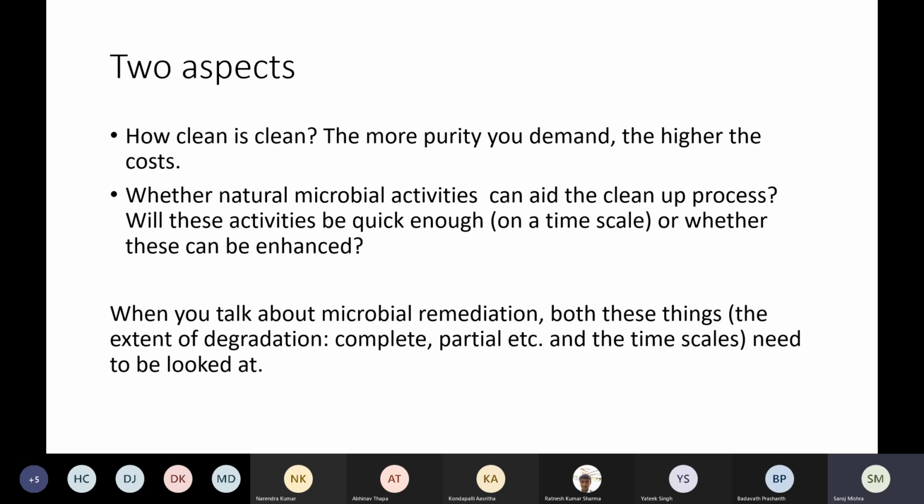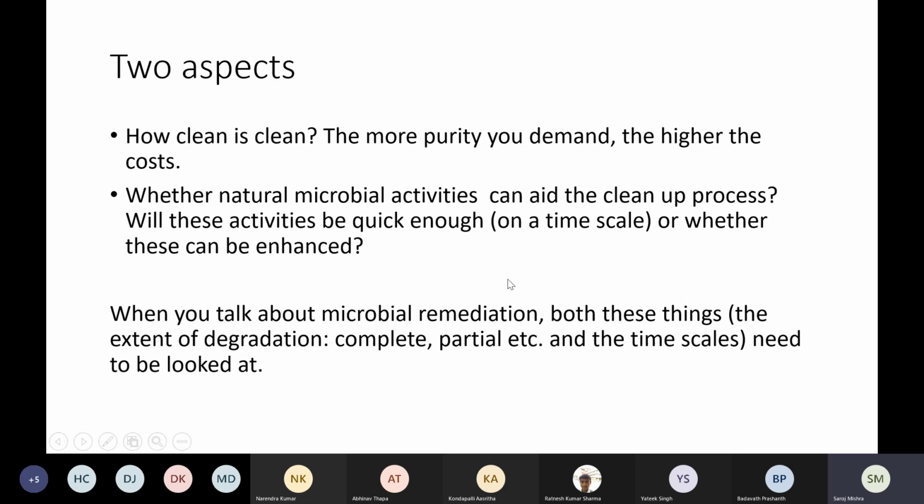So one has to be very careful to define how clean you really want to make this water or soil, and whether natural microbial activities can aid this cleanup process. Will these activities be quick enough on a time scale, or can these be enhanced? Okay, so here we are talking about the extent of purity, and in the second one we are talking about the time scale. How much time do I have in order for the remediation activity to be undertaken if I use